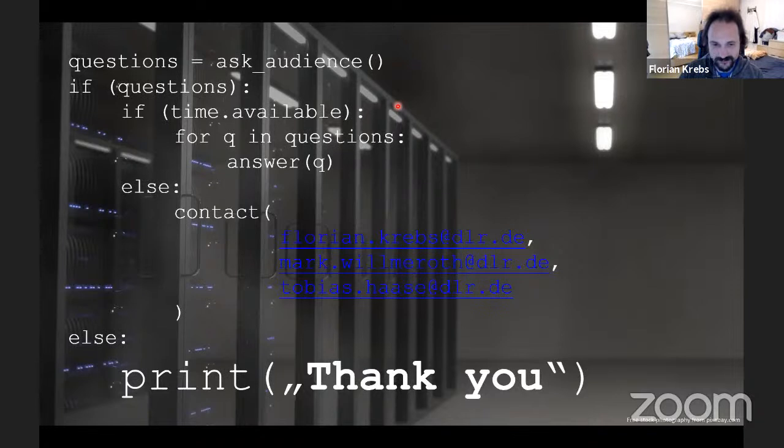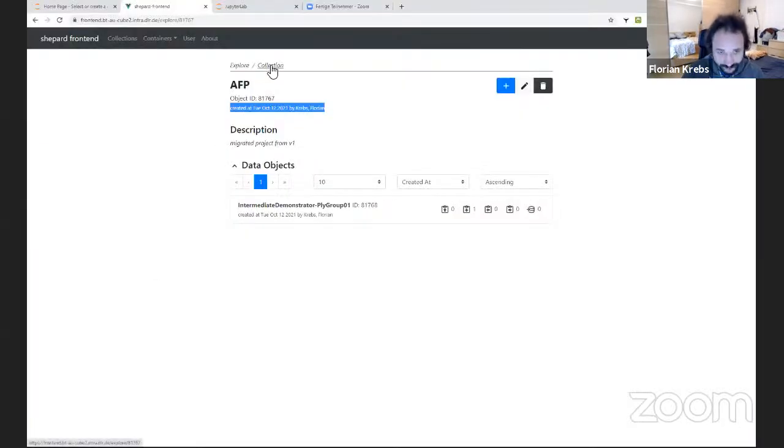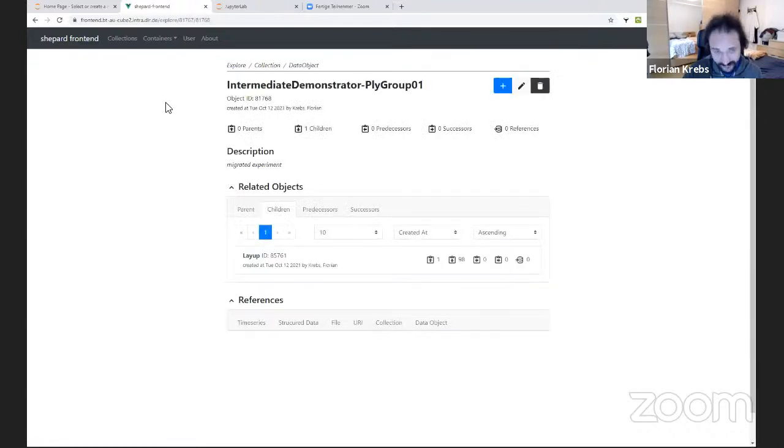All right, I will switch to my browser. So as you can see, this is the same front end as you saw on the slides, and I already selected the AFP collection for advanced fiber placement, and we have one of the experiments there, the intermediate demonstrator Bly group 1. And if I look into this now, I can see, okay, this one has 1 children, it has no